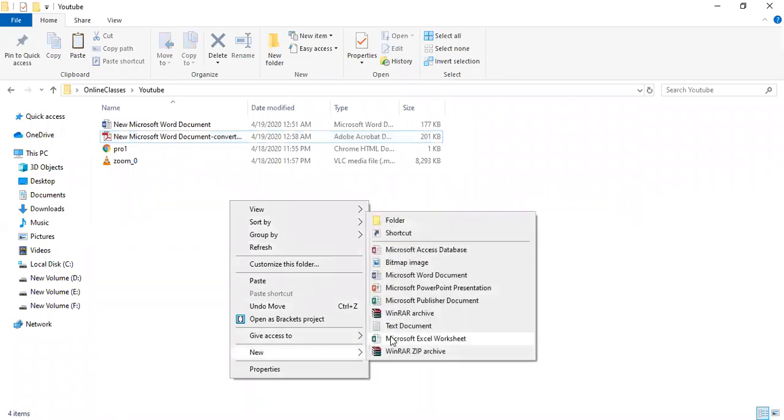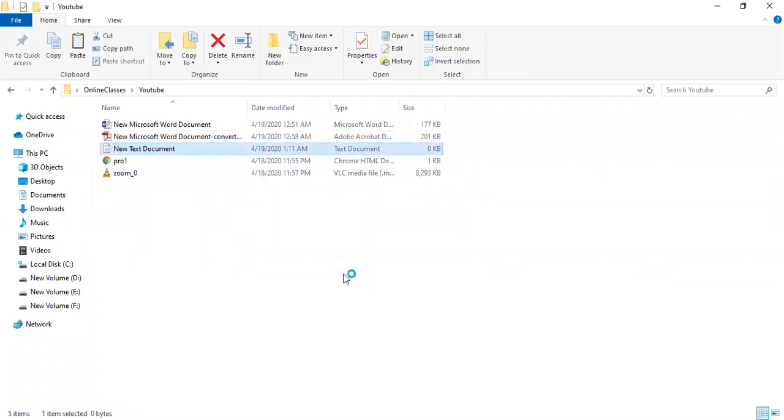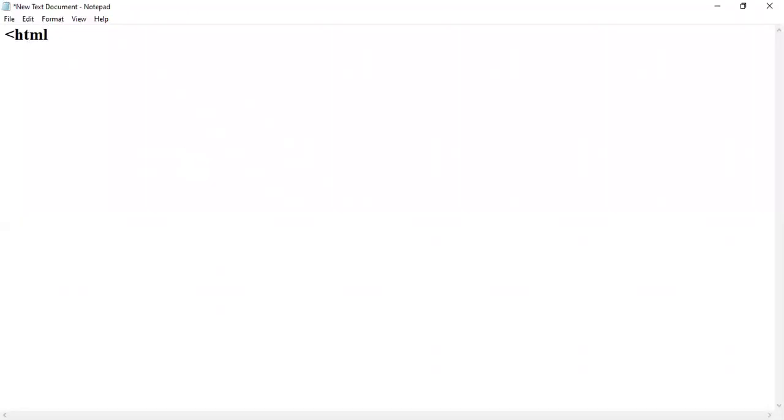Here I will take a notepad so that it will be good to write a basic program. In notepad I am writing HTML code. In that I am writing head, and in that I am writing title. I can write some title, like: this is the first example. I can write anything. I'm closing the title. In the head section I can write JavaScript code. Here I'm writing the script in the head section. I can write the script tag inside the body section also.